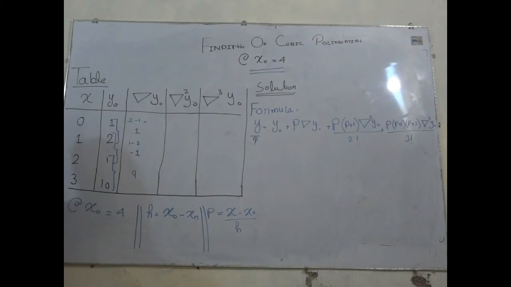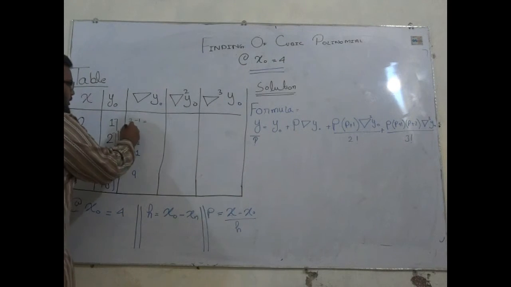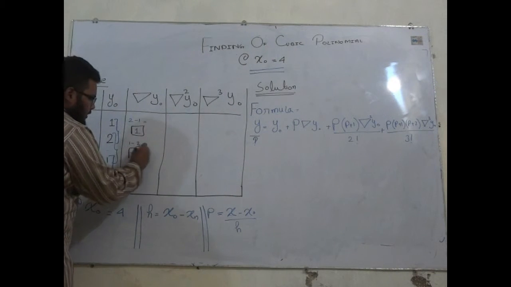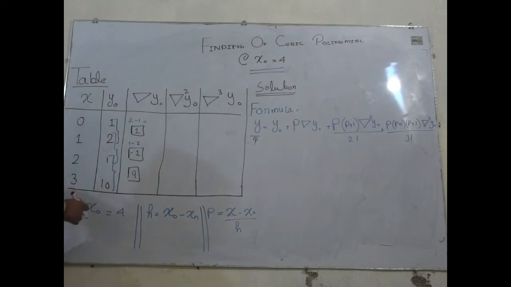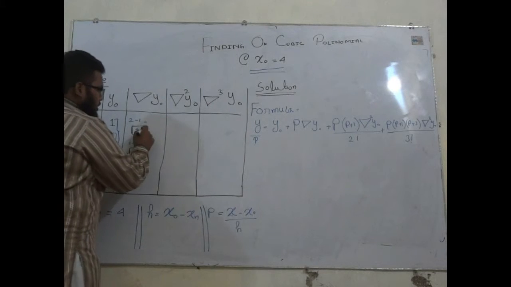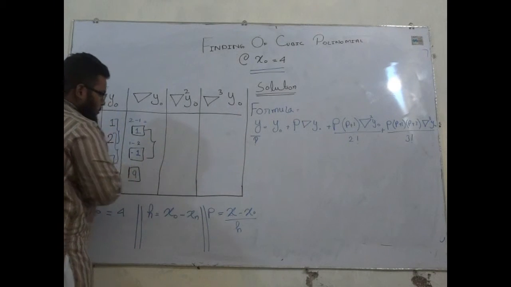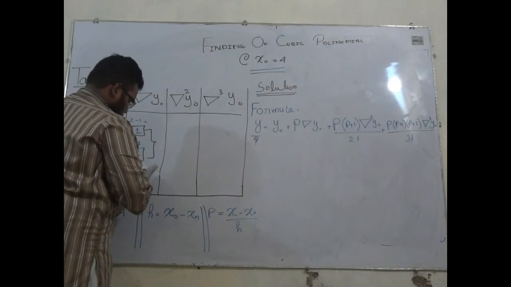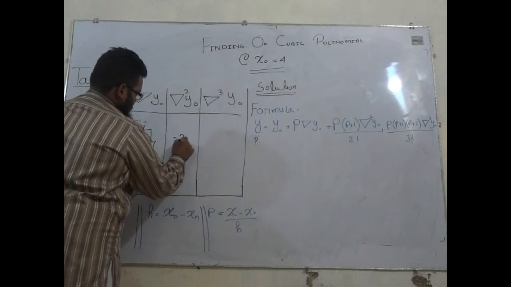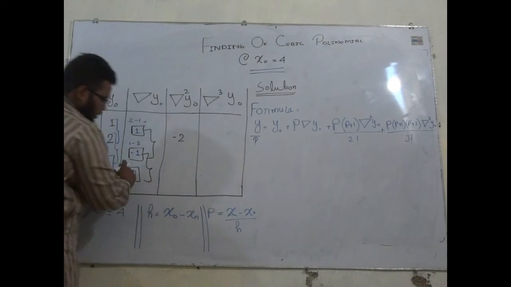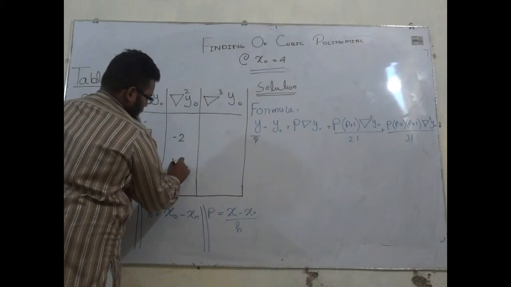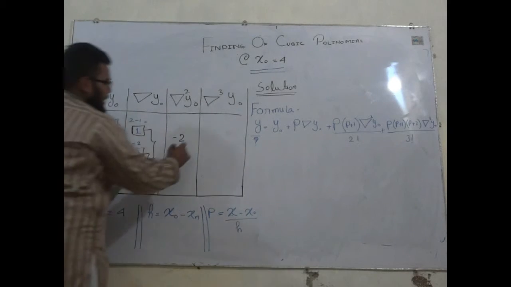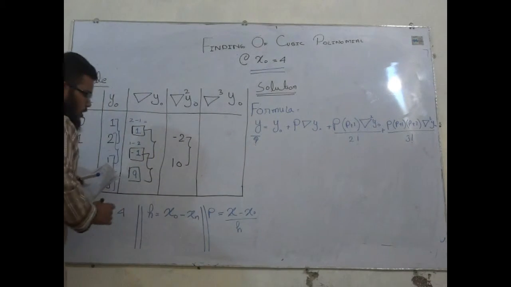Just by using a simple subtraction method. Now I will do the same for these values, means minus 1 and minus 1, which is equal to minus 2, and similarly for these two values, 9 minus 1, which is equal to 10, and finally I will do for these two values, which is equal to